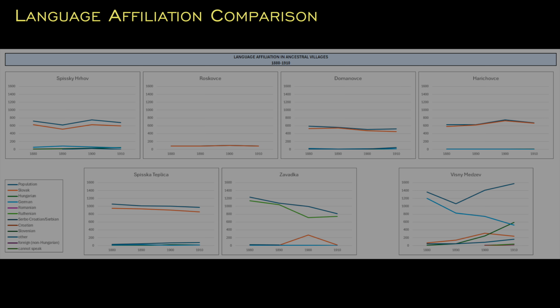I have one other observation to share in looking at this small sample of villages clustered within the Spiš area. One thinks of the large-scale emigration associated with this period when so many of our European ancestors left for America. Does that phenomenon ring true in these graphs? There's a marginal decline in a couple cases, but only Závodka has a marked decline, while Vyšný Medzev grew considerably.